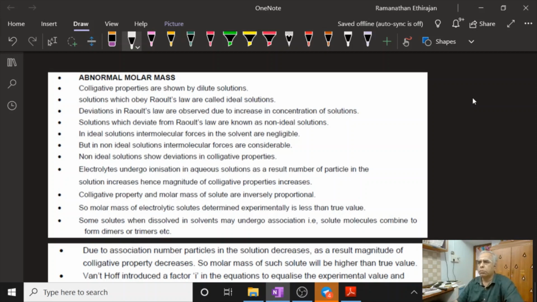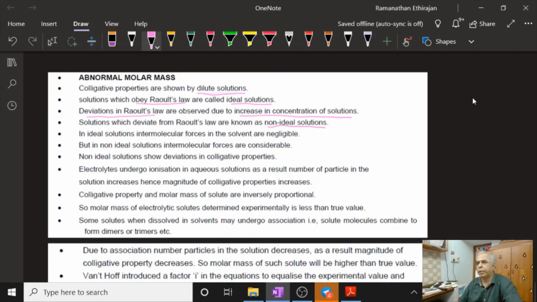Colligative properties are generally determined using dilute solutions, as we already discussed. These solutions obey Raoult's law and they are called ideal solutions. So the solutions which obey Raoult's law are called ideal solutions. But there are some deviations noticed in Raoult's law. This is because of increase in concentration of solutions. Now when we consider some solutions, they deviate from Raoult's law, and such solutions are called